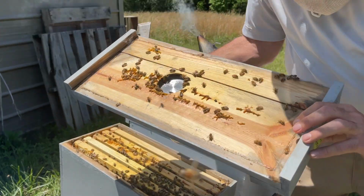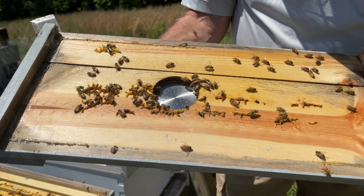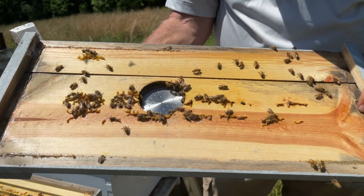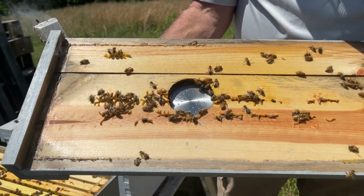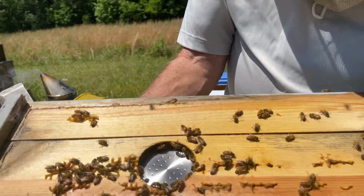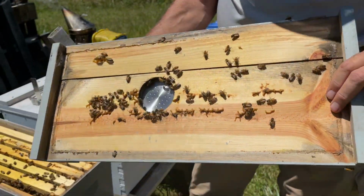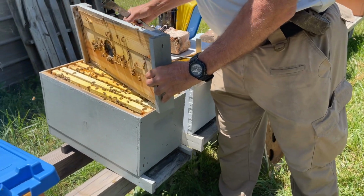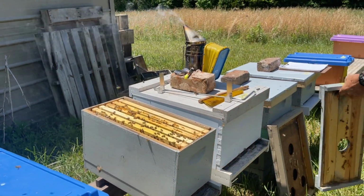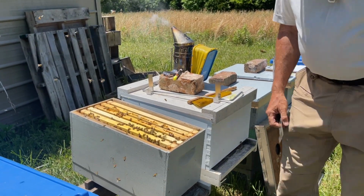But we've got a bunch of bees. The first thing you need to do is look at the inner part of your lid. You're looking for pests or any kind of problems that you might see there. And I have found the queen several times running on the lid. So don't think it can't happen, because I have found it and I have pictures of it. So we're going to knock these bees off just a little bit. Now basically,